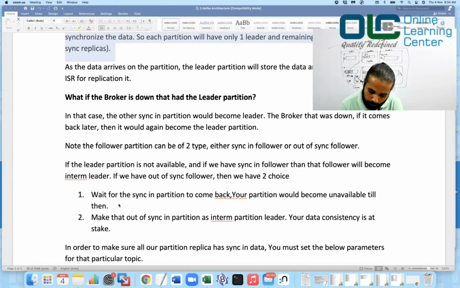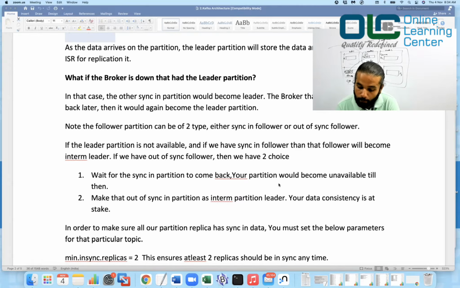Okay, number one, wait for the syncing partition to come back, because that guy knows what is the actual state. So we have to wait till the partition is coming back. When I say we have to wait, that means we need to do some troubleshooting to see why it went down and fix it and bring it back to life, but it may take a little time, right?